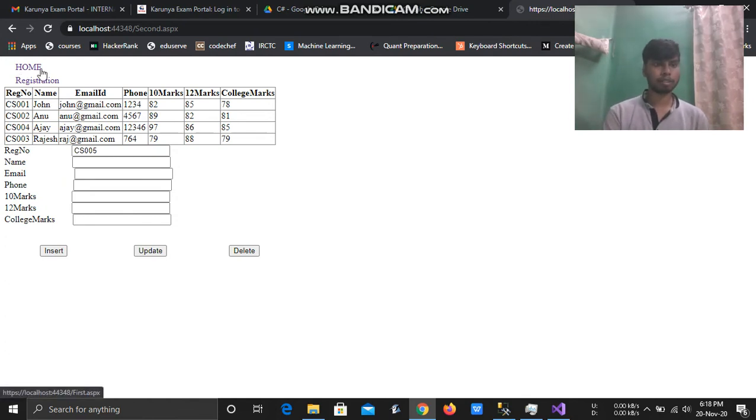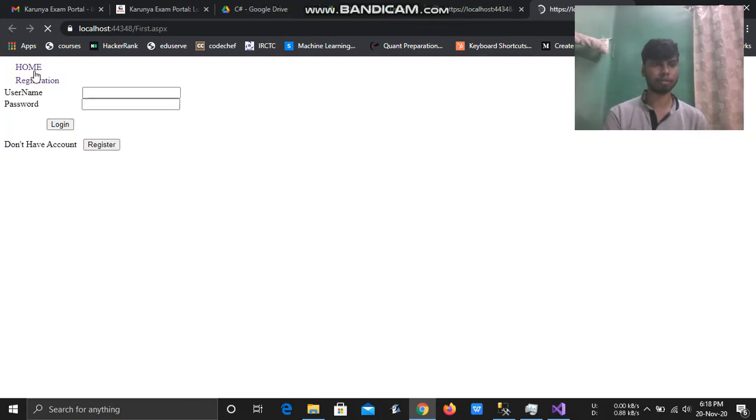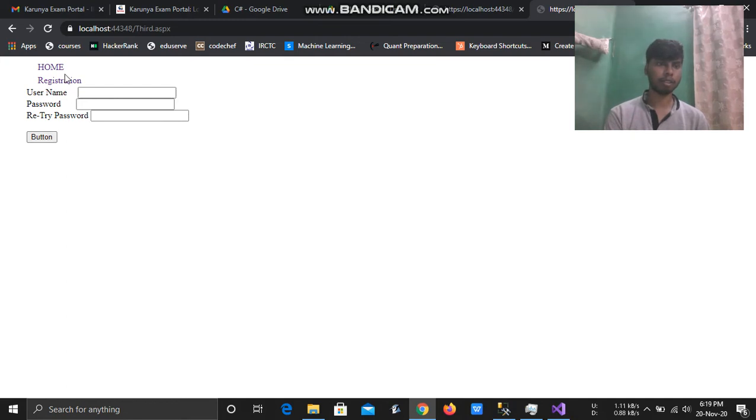And this is my master page layout. Now I want to go back to my home page, so I just click, and it took me to the home page. If I have not created the account, I want to register, so I just click register, and it takes me to the registration page. This registration link is also the same, it opens in a new tab because the target is given as underscore blank. So every time we click, it will open in a new tab.